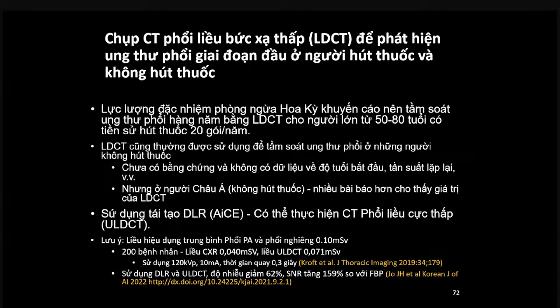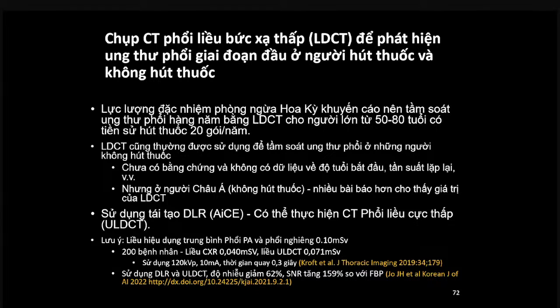Now I want to move on finally for the last 5 minutes to talk about low radiation dose CT lung scan for detection of early lung cancer in smokers and non-smokers. The US recommends yearly screening for lung cancer using low-dose CT for adults aged 50 to 80 with a 20-year smoking history. However, low-dose CT can also be used for screening for lung cancer in non-smokers, who are usually called never smokers in the literature. It is at the moment not yet evidence-based and there is no data on what age to start,